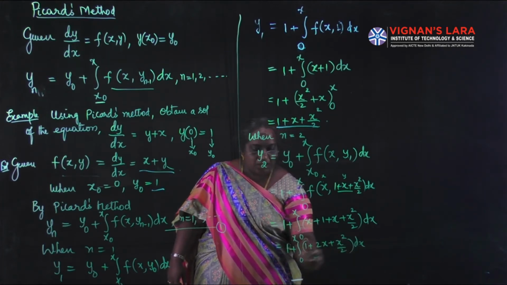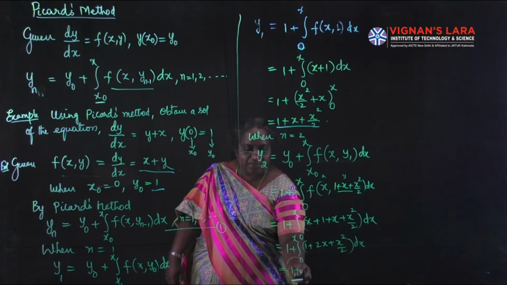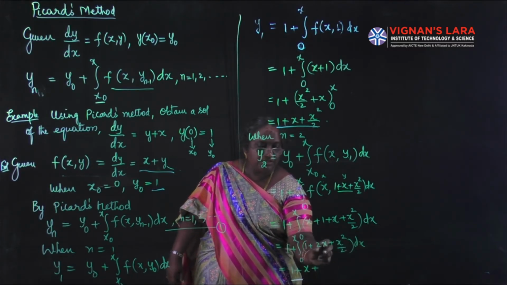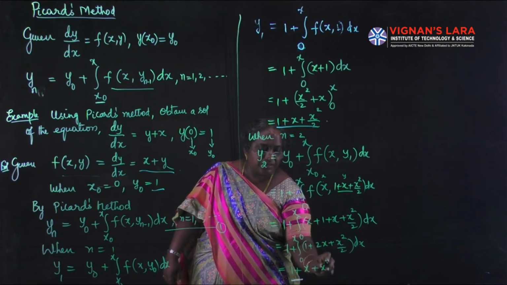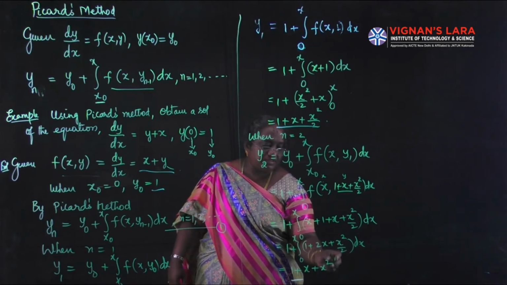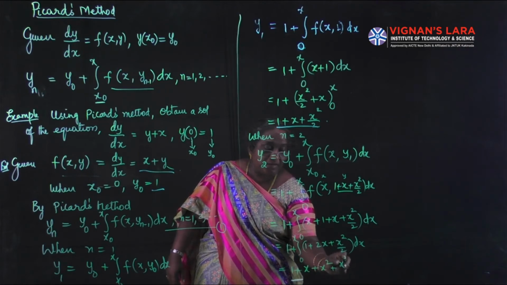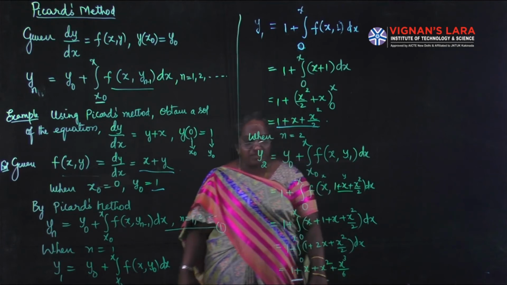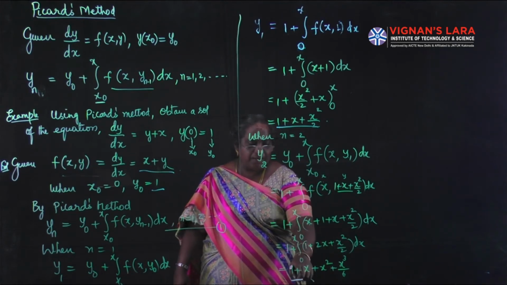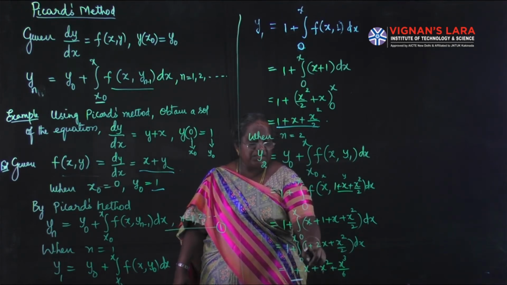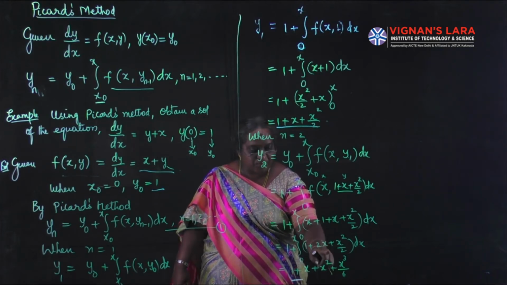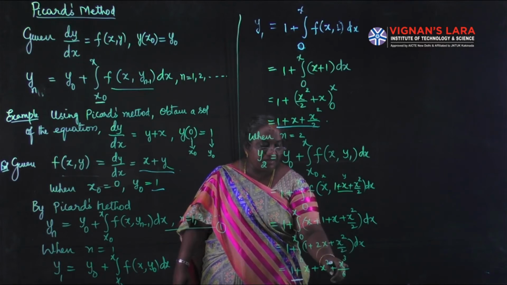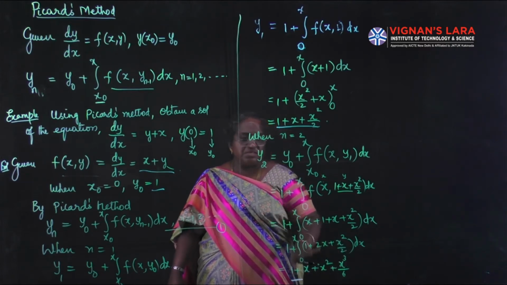So now if I integrate, this is 1 plus integration of 1 dx is x. Integration of 2x is x square by 2, that is x square. Integration of x square is x cube by 3, so by 2 I have, that becomes 6. So here already I have 1 plus integration of 1 is x. Integration of x is x square by 2, 2 gets cancelled. x square integration is x cube by 3. Already I have 2. So this is y2.